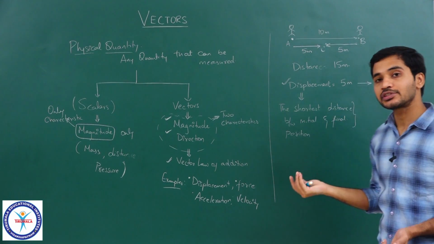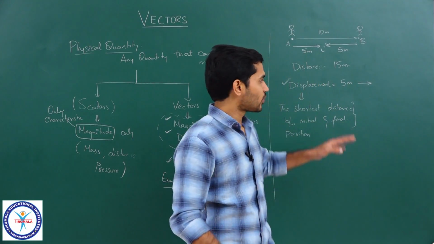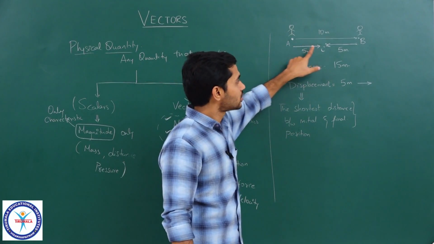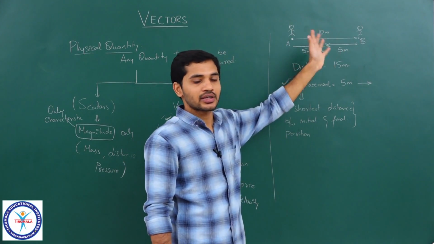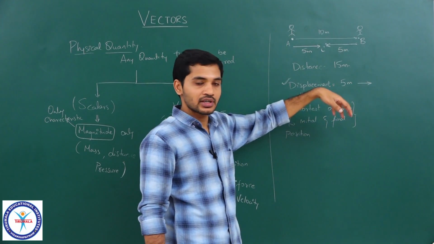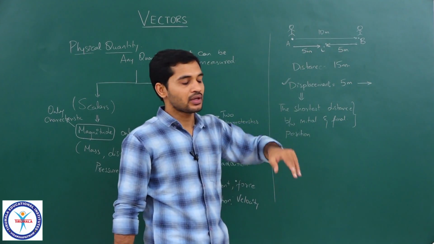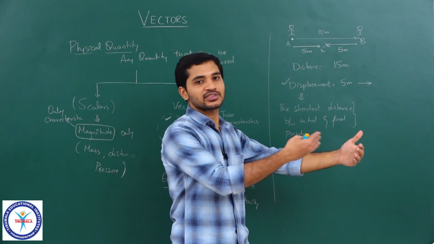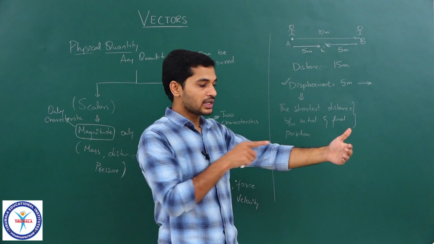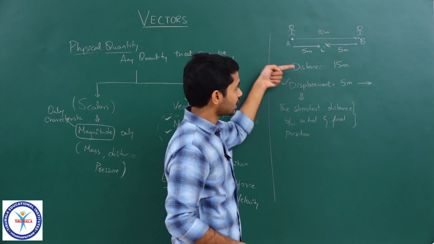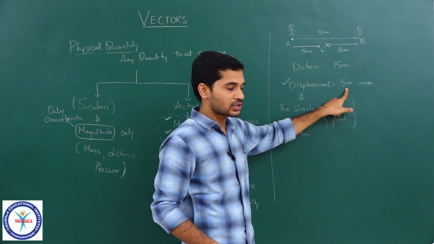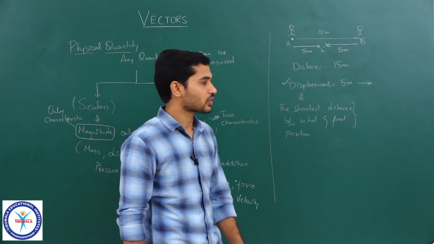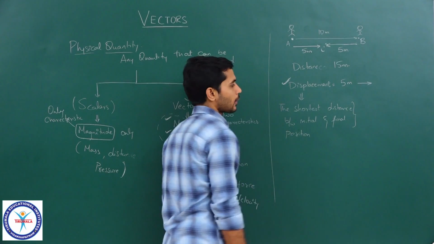We will also have other methods for representing the direction, but for now, let us just understand it in the basic way. He started here and he reached here, right. It does not matter in what manner he traveled from A to C. What matters is where he is initially, where he is finally, and from the initial position, where his final position is. His final position is at 5 meters in this direction, correct. So, 5 meters magnitude, and direction. That is how we should define a displacement vector, clear.